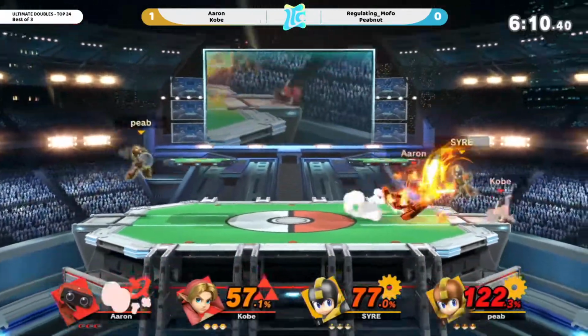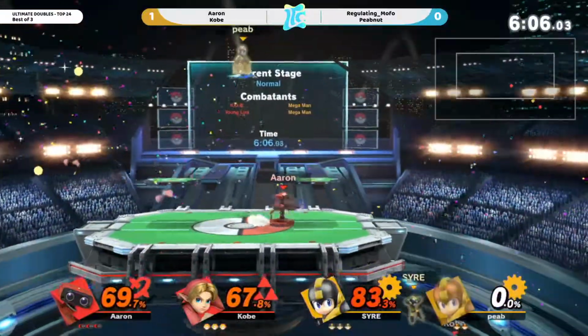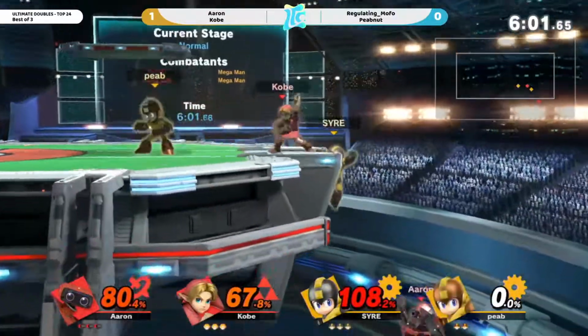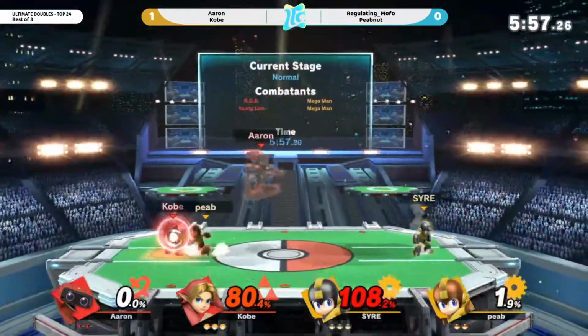Mega Man's recovery has mix-ups, but it's pretty linear. And against Rob, as you know, as a Rob player, side B down air is kind of dangerous against those quote-unquote linear recoveries. Yes. So something interesting to talk about with Rob as well is I think a really good,